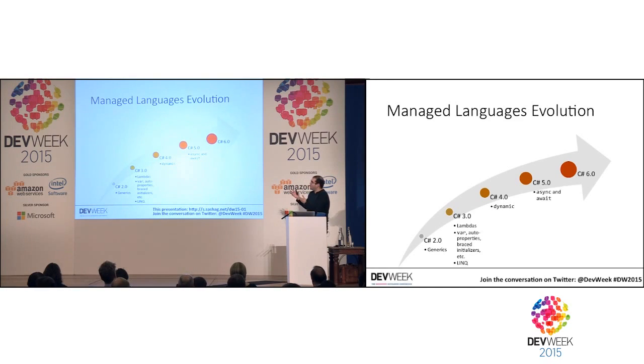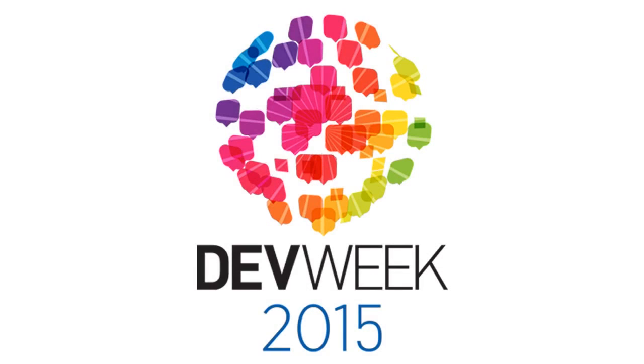And so the question we all had a couple of years ago was, what's next for C#? What kind of huge, big feature are they going to tackle next? And many people had their own suggestions and ideas. For example, many people from the functional languages side were pushing for more FP-like features in C#, especially in